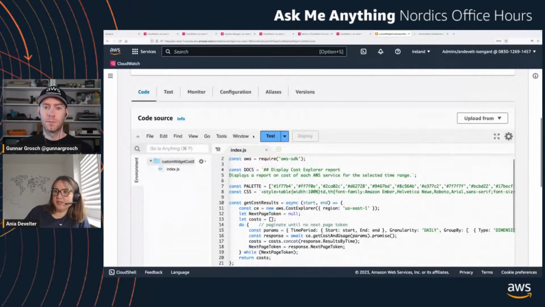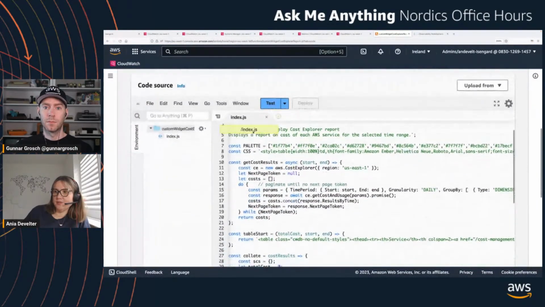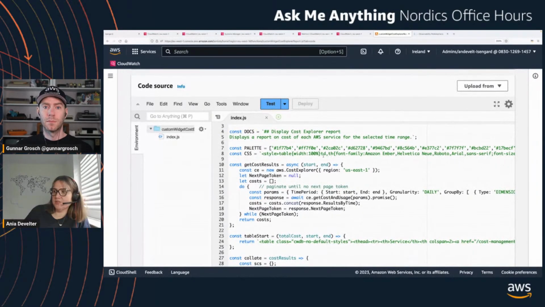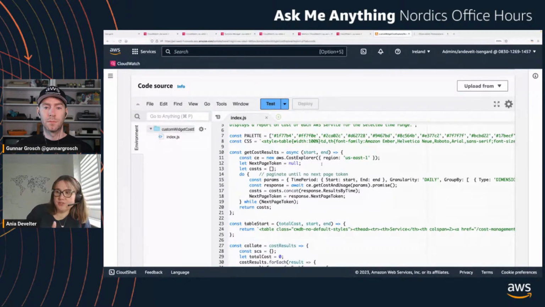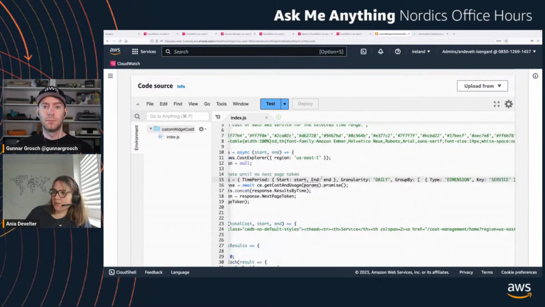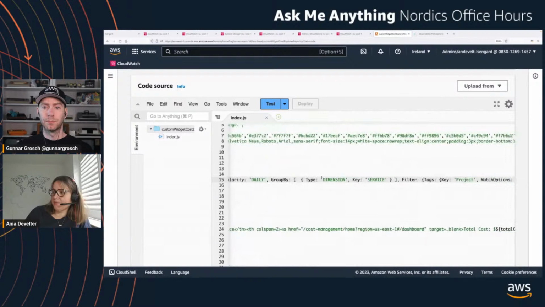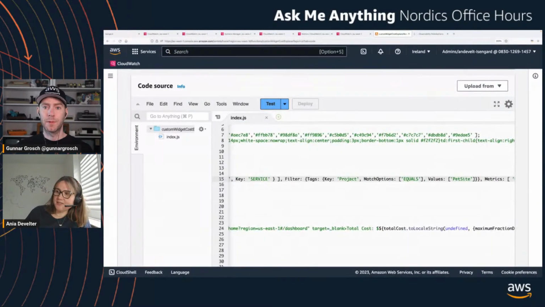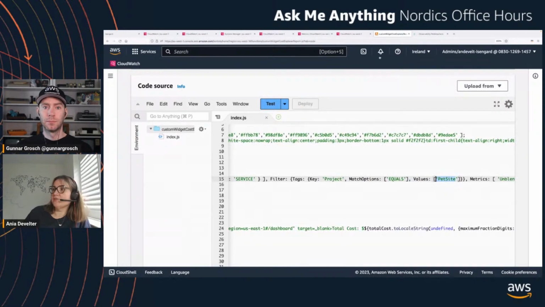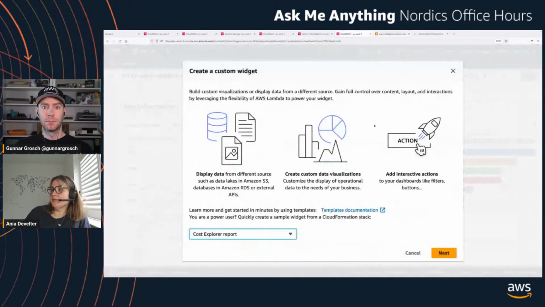The Lambda function here tells me which colors to use, which fonts to use, and also makes those API calls to Cost Explorer to pull the data in. So I actually left this pretty static, but what I did do is I added one little parameter to it. I added a filter. So then it looks for tags and it looks for a tag key of project and a tag value of pet site. So actually, if I go back to my dashboard here,